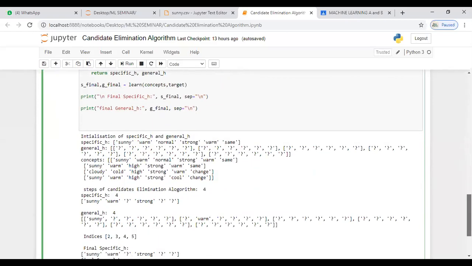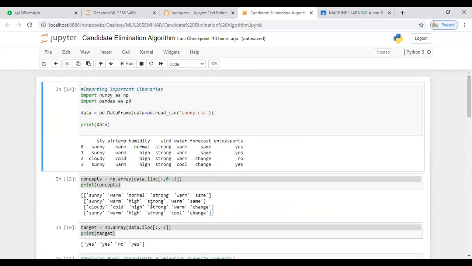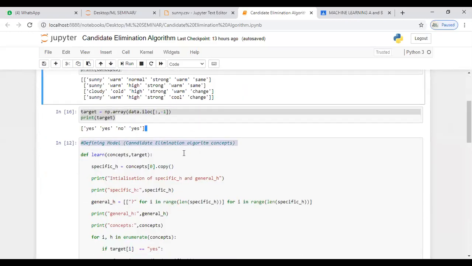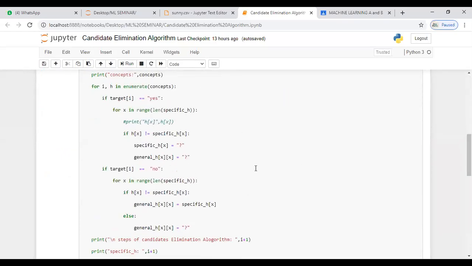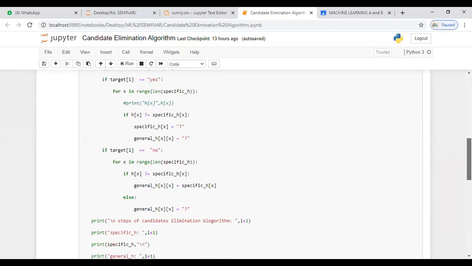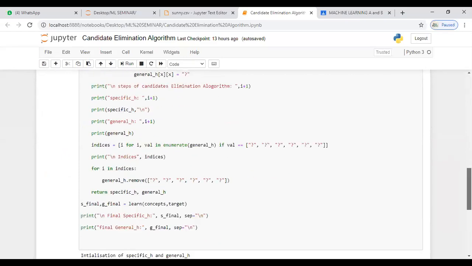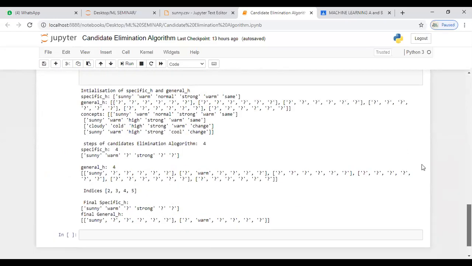What I did is I executed this function, so I got this. Then I executed this function, this part of the program, and I got the specific hypothesis part of the h. Then I got the general hypothesis part of the h. Now I executed the whole function, showing how it must be sorted out, and how we can eliminate a particular attribute based upon its value or its opposite values. So this is the exact output. You can see over here.